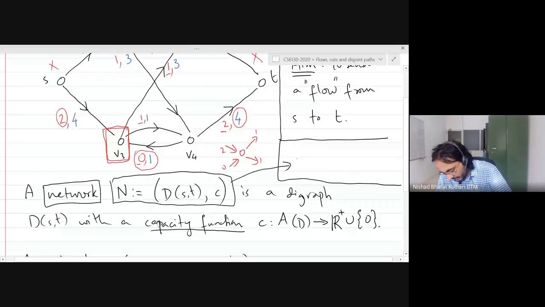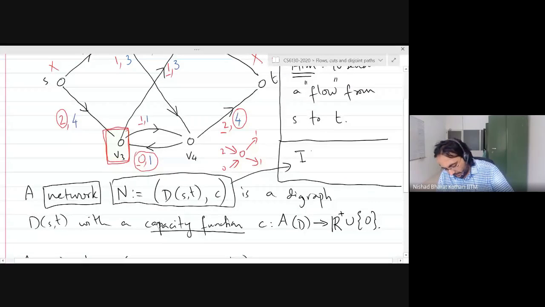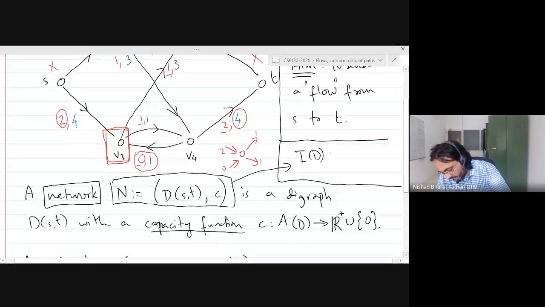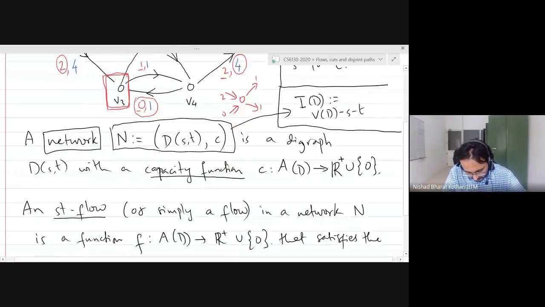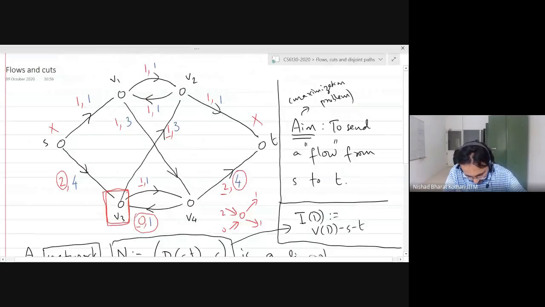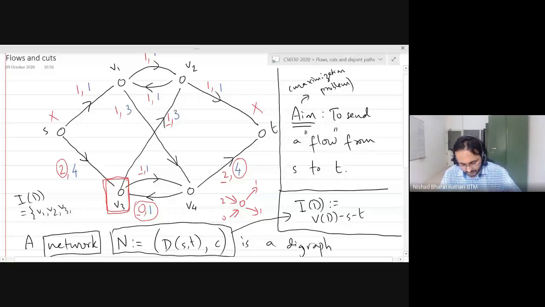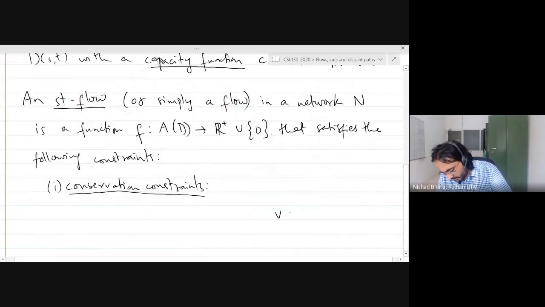The intermediate vertices of a digraph in this setting are all the vertices of the digraph except the source and the target. So in this graph, the intermediate vertices are V1, V2, V3, V4. So for each vertex that is an intermediate vertex,